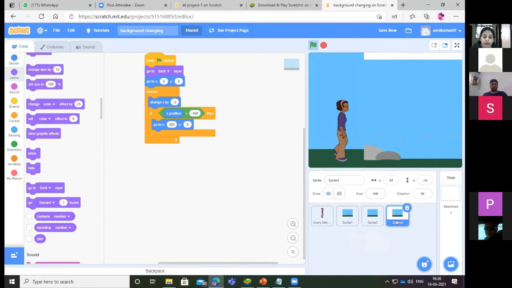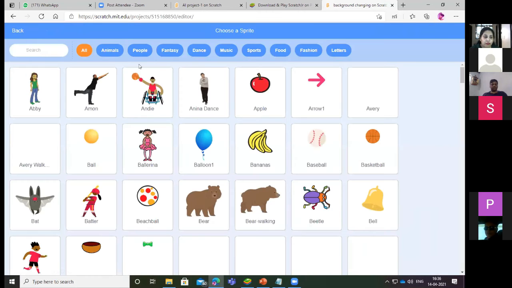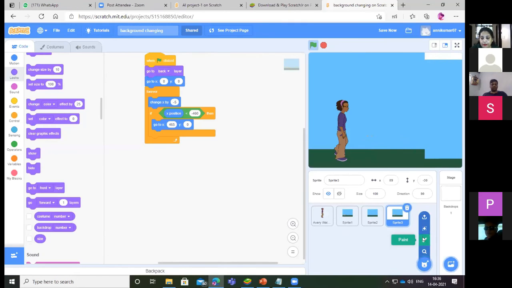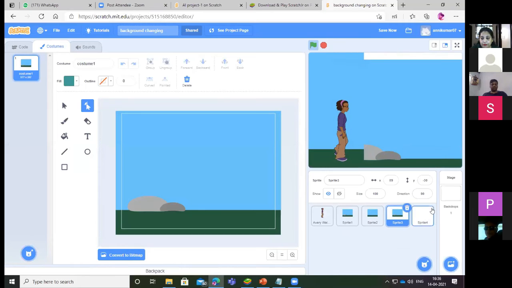And now I have clicked here, sorry, one minute. I need to go to the paint option. So I have come here. Now I have these pebbles. Instead of pebbles, I want to add some leaves and all. So what you can do here is duplicate.